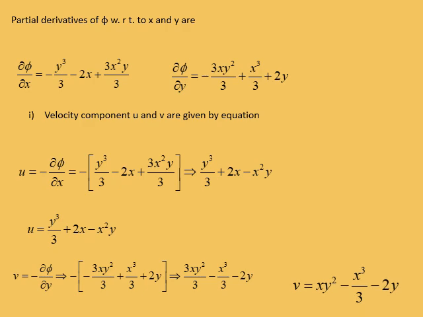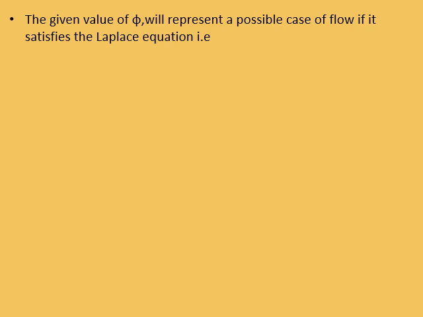After further simplification we will get v is equal to xy square minus x cube by 3 minus 2y. So this is a solution to find the velocity component in x as well as y directions. The given value of phi will represent a possible case of flow, the second part of the numerical, if it